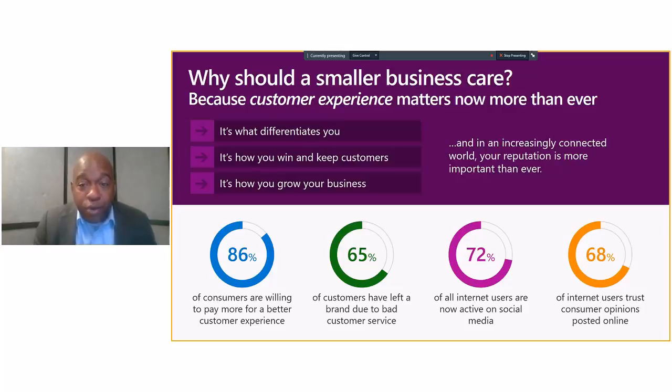It paints a story. 68% of internet users trust consumer opinions that are posted online. The story this is telling us is that focusing on our customers is more important than ever before. Experiences and our reputation really can quickly be ruined by not paying attention to our customers.